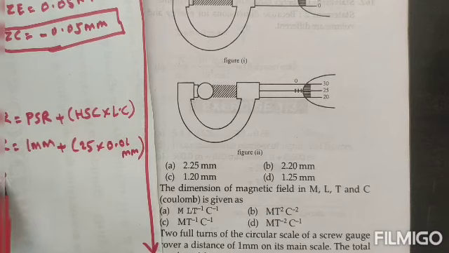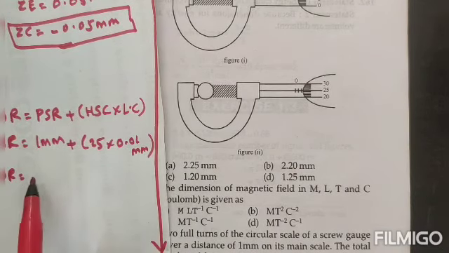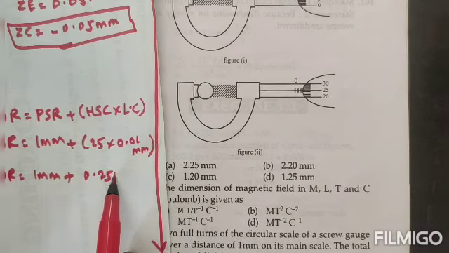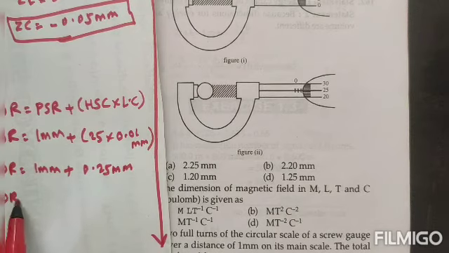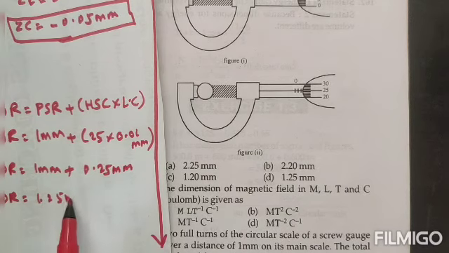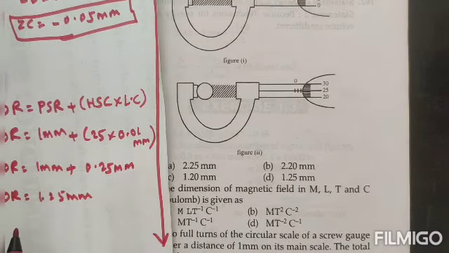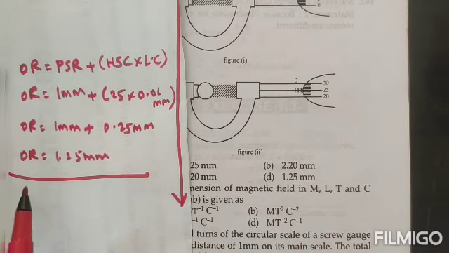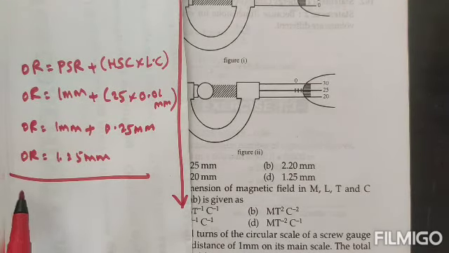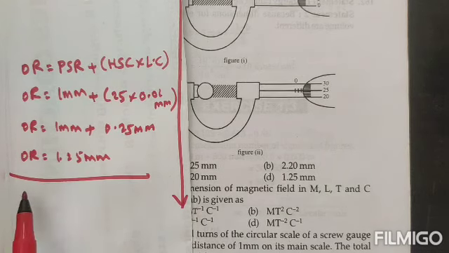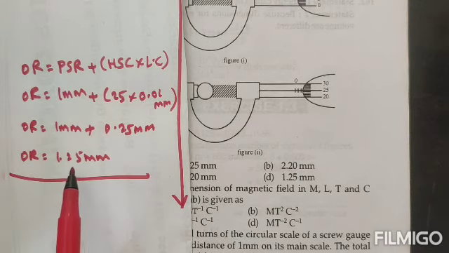So therefore observed reading is equal to 1 millimeter plus 0.25 millimeter. Therefore observed reading equals 1 millimeter plus 0.25 millimeter, which is 1.25 millimeter. Actually this is the observed reading. Okay, after that we want to find the correct reading. Okay, you already know that practical. So experimentally we verified in previous videos. Foundation video 7th video. Please refer to that. Okay, so observed reading equals 1.25 millimeter.